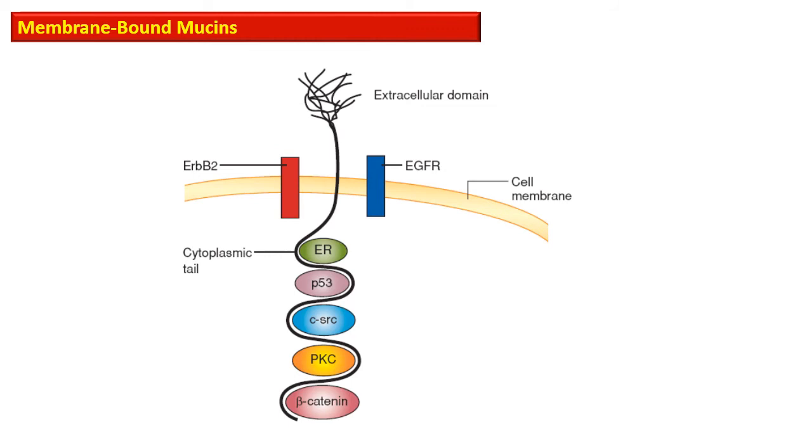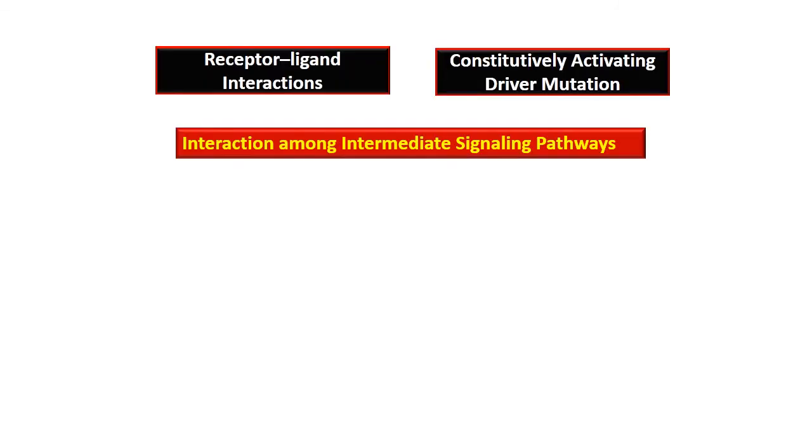The extracellular domain is providing the lubrication, and it is separating both the environments, while the intracellular domain or the cytoplasmic tail is providing the scaffold for attachment for various factors that are involved in various signaling pathways. Whatever the mechanism, either the receptor ligand interaction or constitutively activating driver mutation, there is constant interaction among the intermediate signaling pathways, and